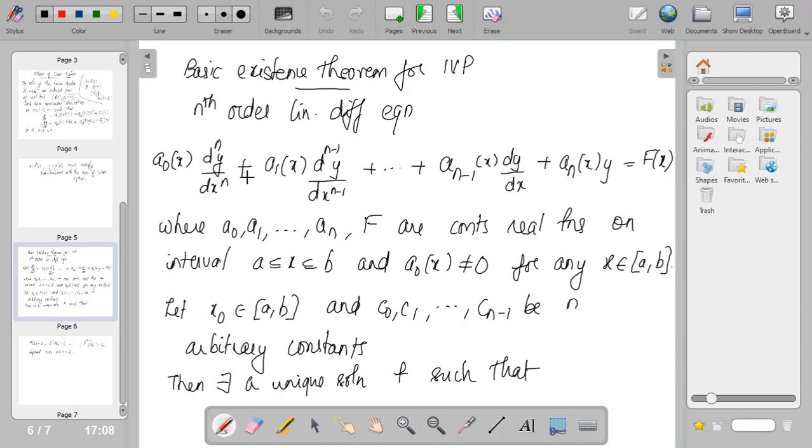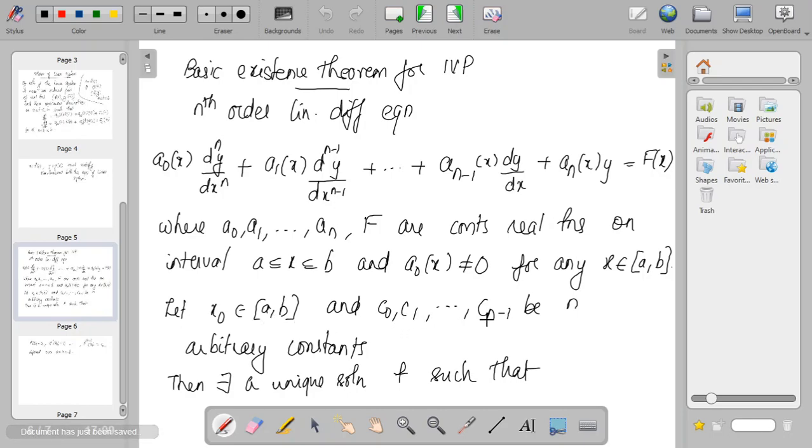So if you are given an nth order linear differential equation of this form, the basic existence theorem states that provided your coefficient functions a0, a1, ..., an minus 1 and an, which are the coefficients of the linear differential equation, and f of x, the right hand side function, are continuous real functions on the interval a less than or equal to x less than or equal to b, and a0 of x is not equal to 0 in the interval ab, then for any x naught belonging to ab